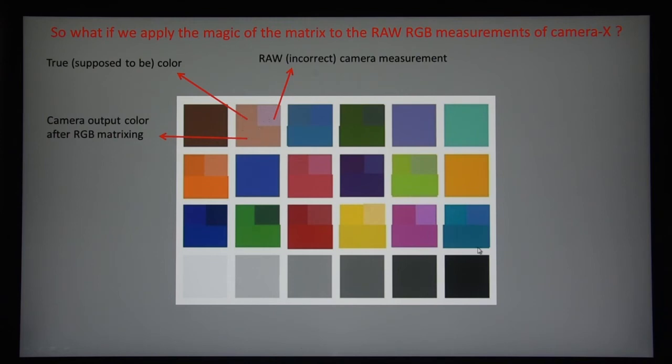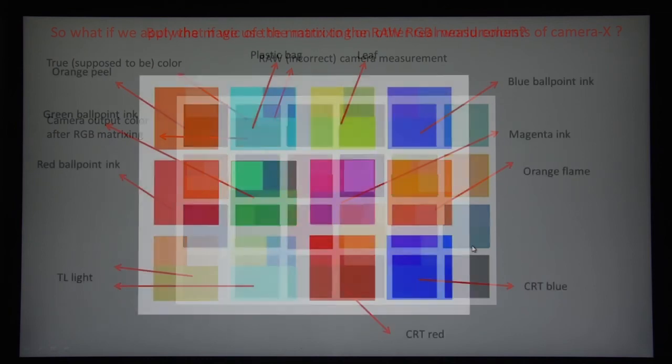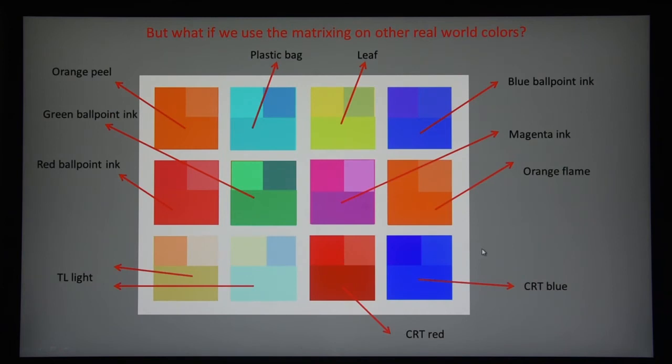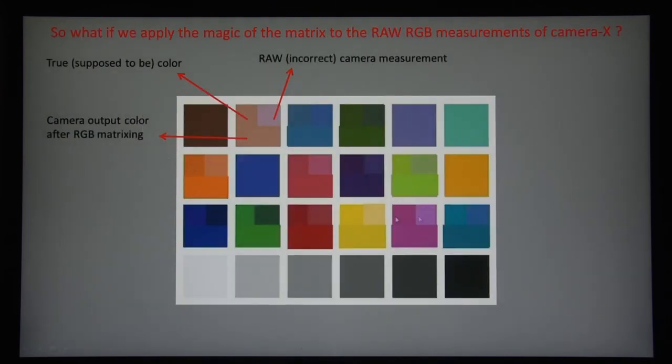So, it's very good. But wait a minute, I optimized on a set of colors. What about other colors? Maybe it goes well for the ones that I used, but maybe other colors go wrong. Yes and no. Now it becomes interesting. Of course, if it's all continuous and smooth, and you get an orange color which is not so far off from the oranges that you already optimized on, because there were orange colors here,